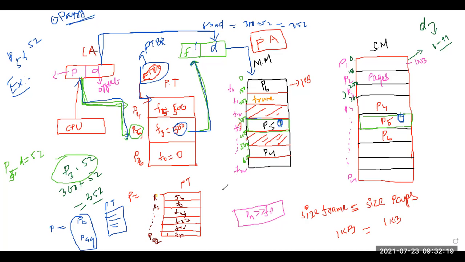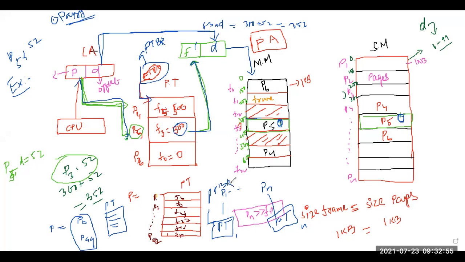Now there are a number of processes, P1 to PN. Every process has one page table. If every process has a page table, we should know where each particular page table is. Suppose this is page table 1, and this is page table N. I have to understand where these particular entries are, so I need to know the base address. This base address is basically stored in the PTBR register, the page table base register.